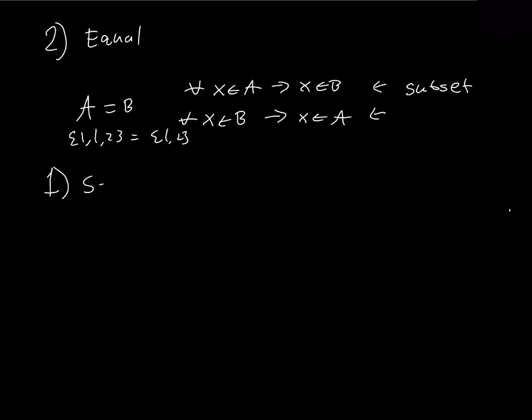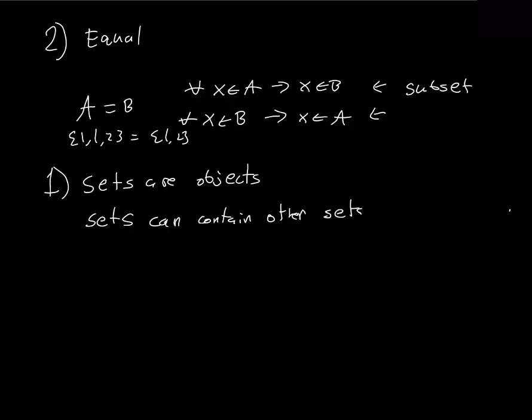All right, now I'm going in a bit of reverse order. Let's go with 1. Axiom 1 is sets are objects. I like to put this one before the second one because it makes more sense. Sets are objects means that a set can contain other sets. Namely, I can have a set with 1 in it, right? And that's not equal to 1. Nor is this equal to 1. So these things are different. So sets are unique objects.